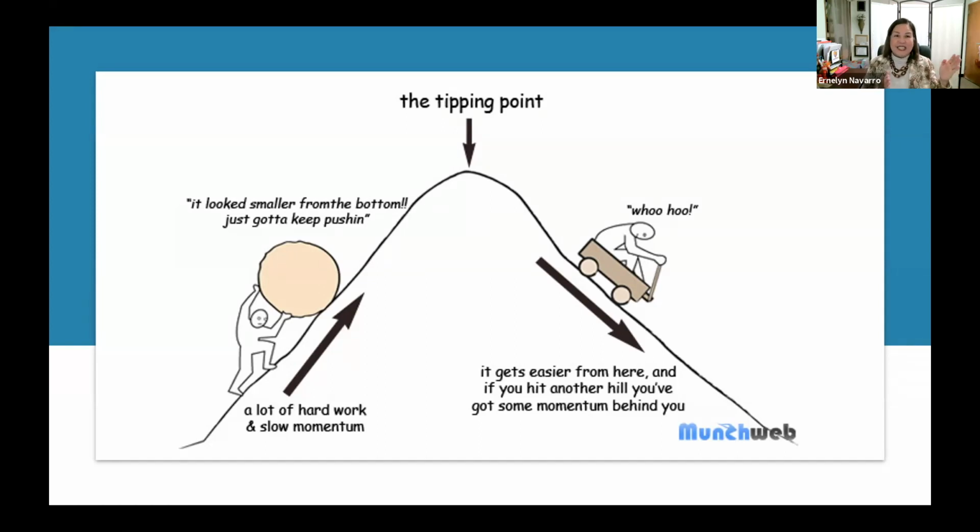We needed to get enough mass and buy-in to get to that tipping point, where it's like, okay, we have the buy-in, now we're really into this, and it's going to stick and be a part of our organization. We're not there yet at this tipping point, so I'm still on that uphill battle. Remember, we just started this in April, and we're still working at it.